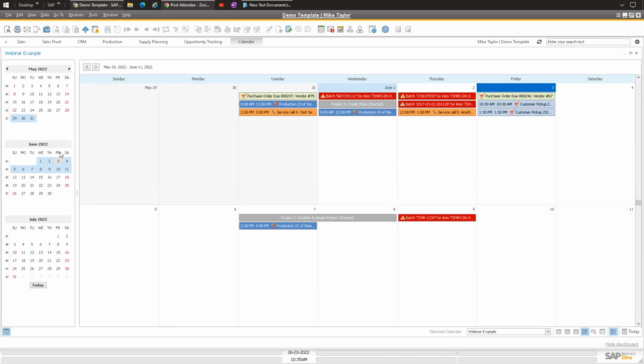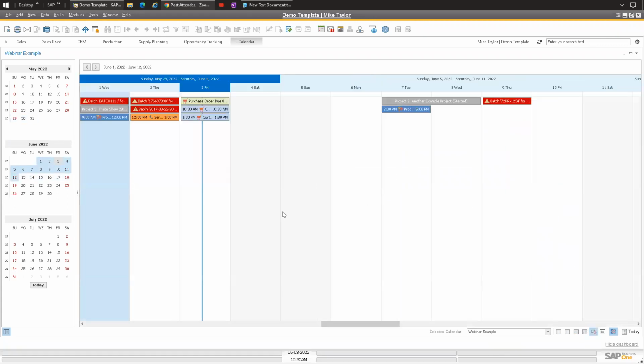We have a monthly view where you can highlight these. This will show you your month view here, so you can look at those. You have a timeline view, which is really interesting. It's kind of like as the time's passing through, you can see more of a task view.